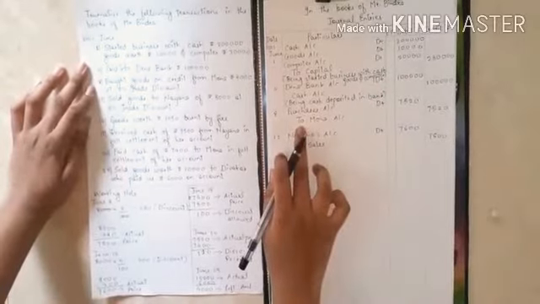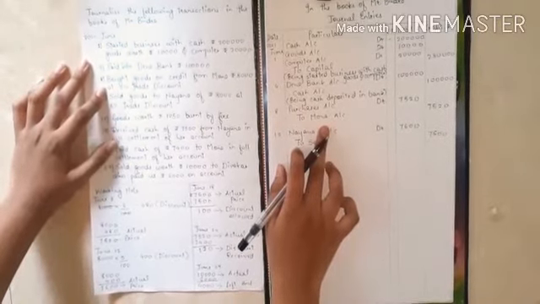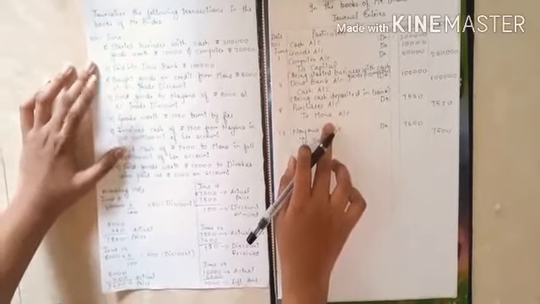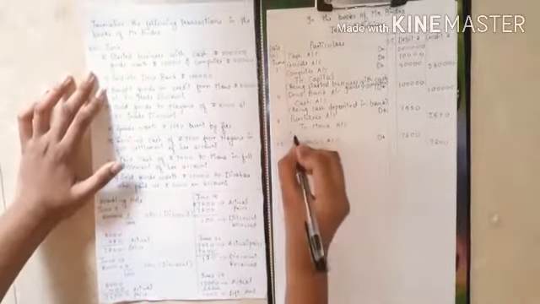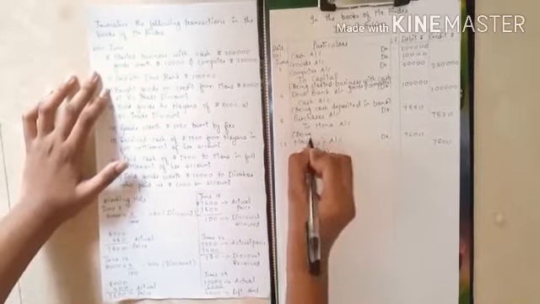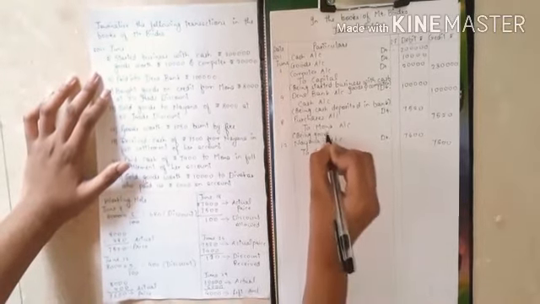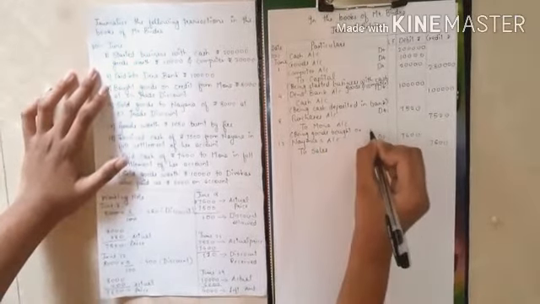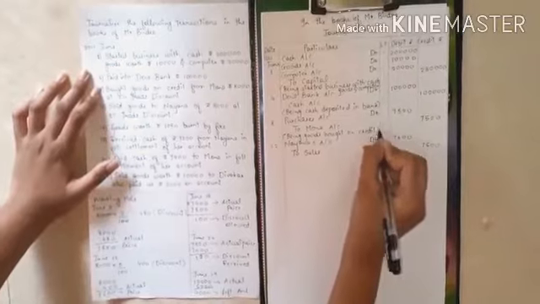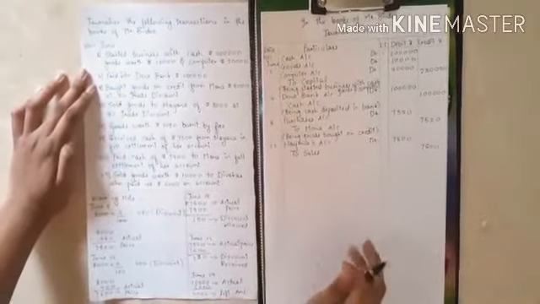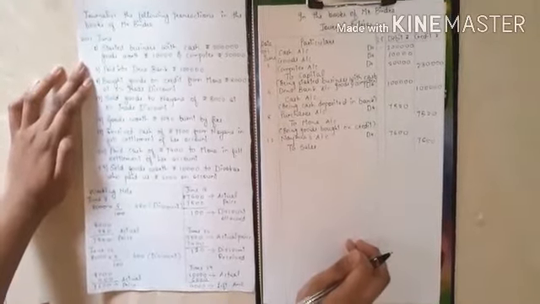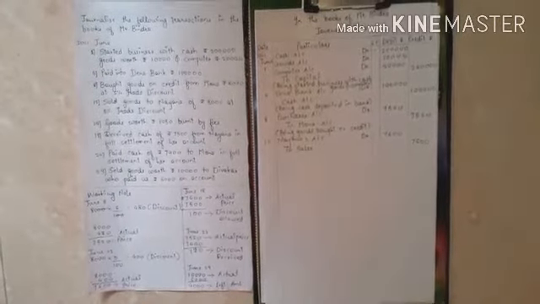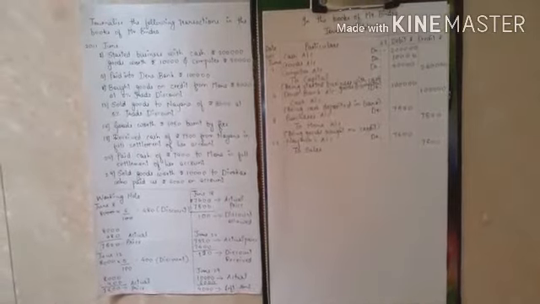Next, on 8 June, bought goods on credit from Mona of rupees 8,000 at 6% trade discount. So being goods bought on credit. You can write it in the short form or you can give it in a detailed form, like at the 5% trade discount was being allowed to us and much more. But here I have written it in the short, being goods bought on credit.